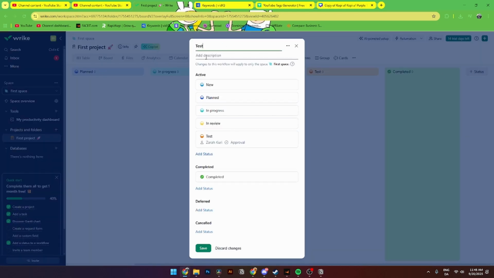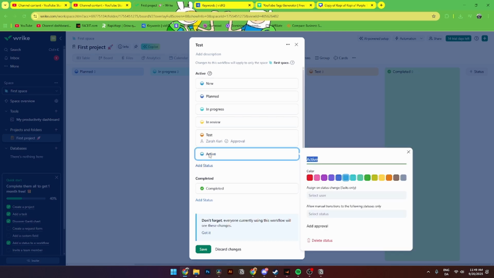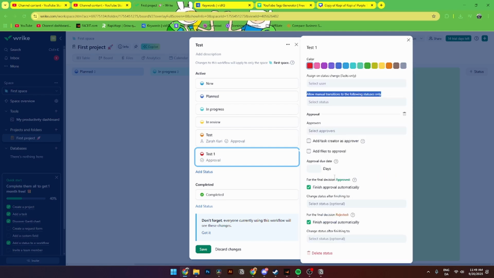You can add a description, if you want to do that. You can add whether it should be an active, a completed, a deferred, or a cancelled. And down here, you can also add a status if you want to do that, where you can add a name to this specific active workflow, and you can change the color if you want to do that. You can also assign the status change, allow manual transitions, and you can add approvals down here